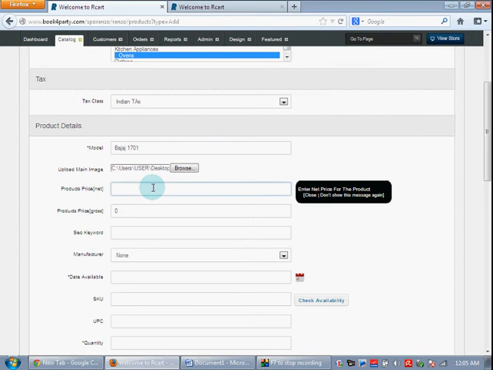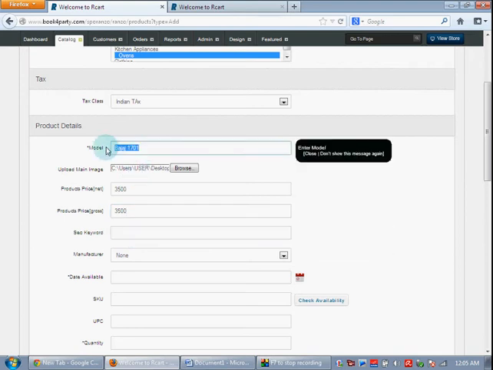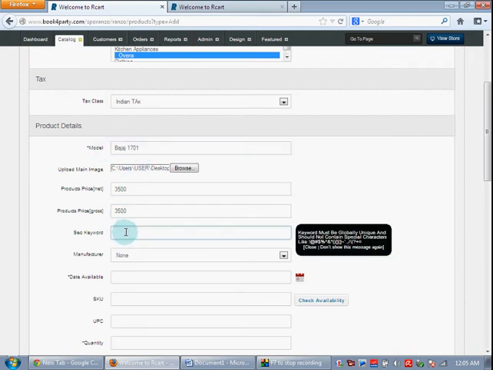And let us assume that the price of the product is 3,500. We enter the same at the gross price also, and we give the SEO keyword as our model name, which generates us the traffic.